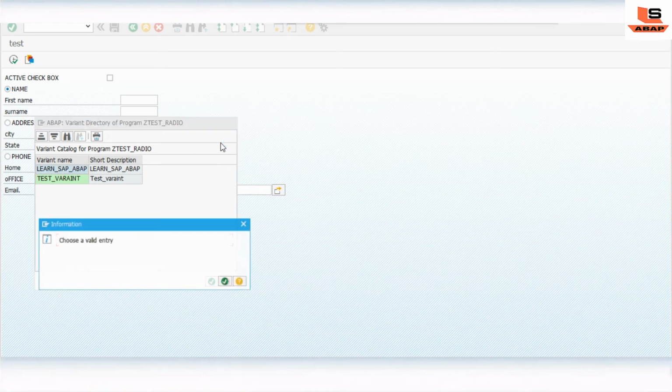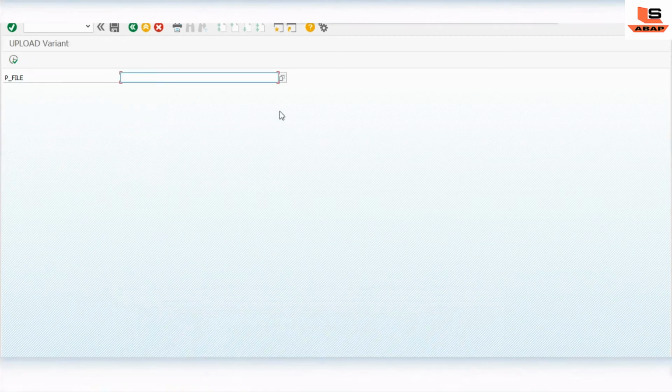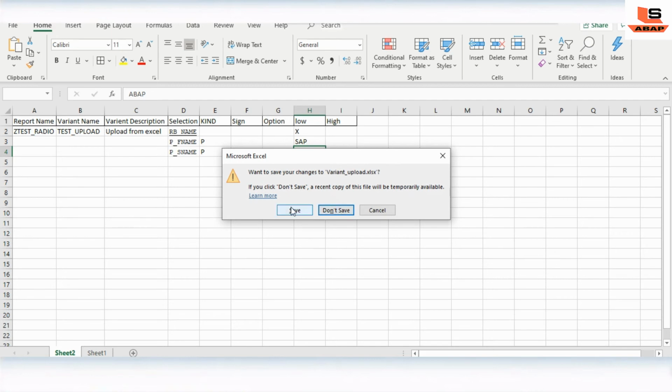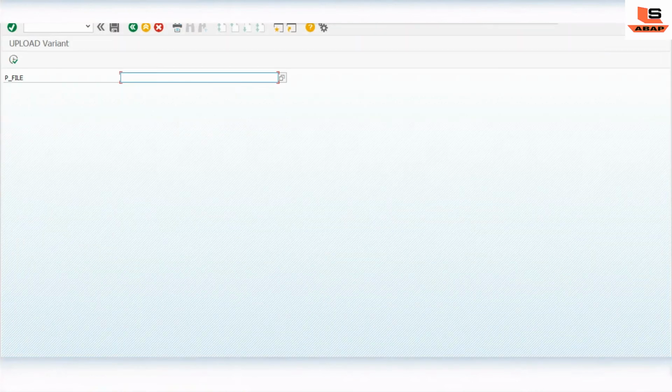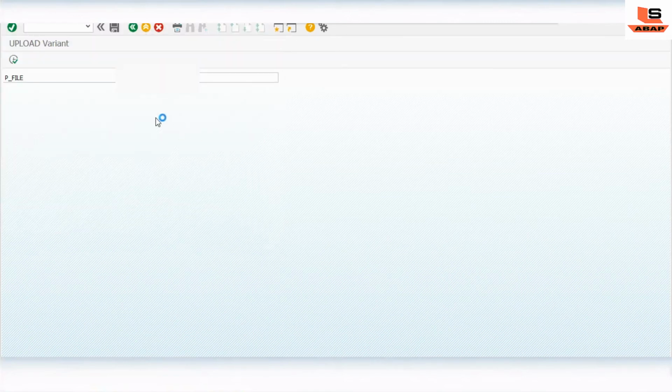So let's go to the program and we'll execute. First of all, I will just close this Excel sheet. Save. Okay, close. Now F4, and I will select my variant, and if I execute, I will check all the things in the debugger.